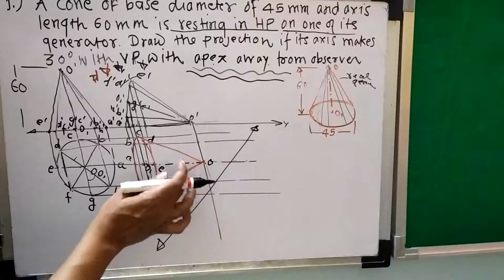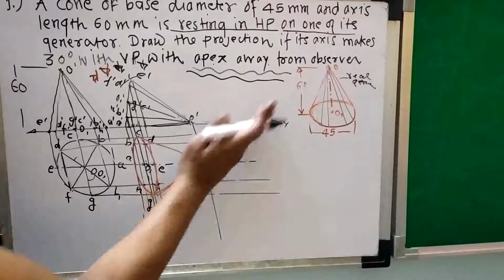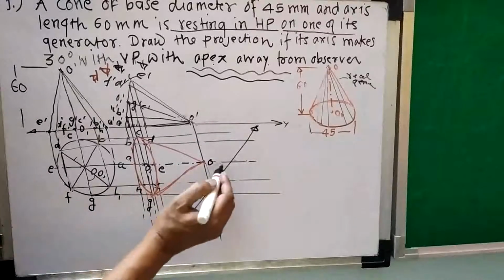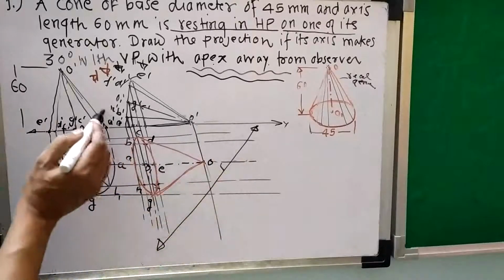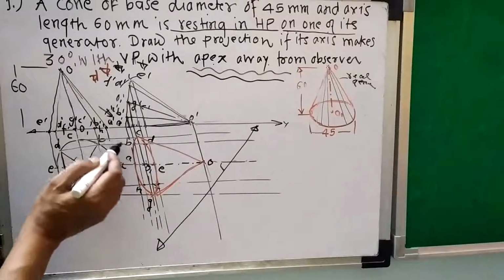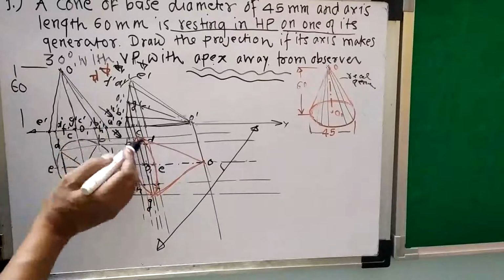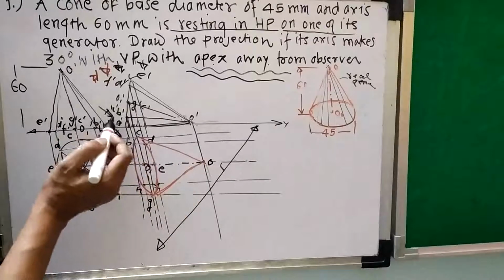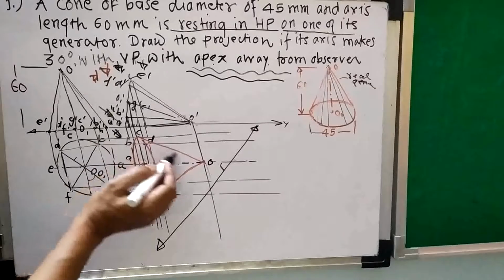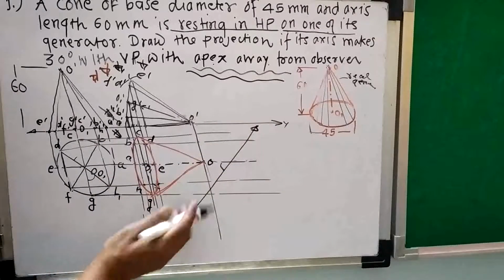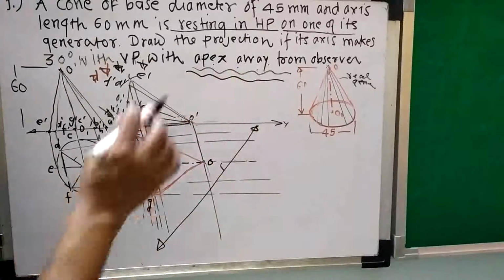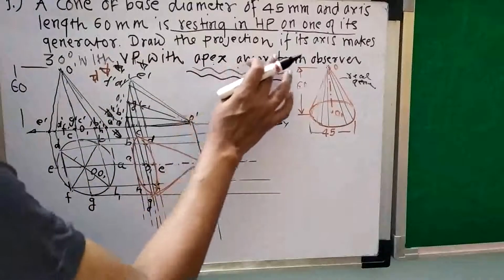For example, on this side, if I take the inclination, auxiliary plane inclination like this, then this is my object, this is my xy, so observer will come on this side, right? So as observer comes on this side, this apex is far away, so it is away from the observer. So this inclination is suitable. This side inclination is suitable to satisfy this condition. Suppose in this condition, apex is nearer.